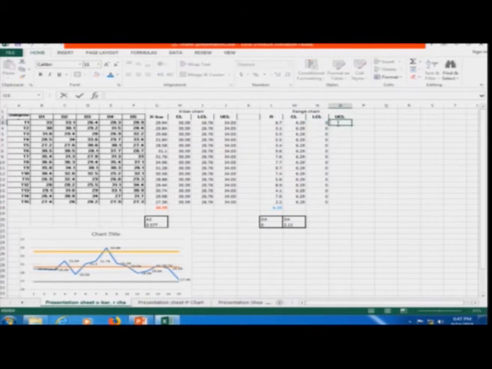The upper control limit is equal to D4, D4 is this value multiplied by the R bar value. Okay. So, I will put the dollar signs here as well. So, I have locked all the rows and columns, enter.